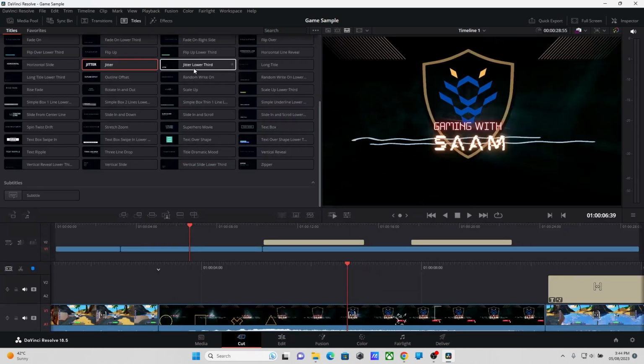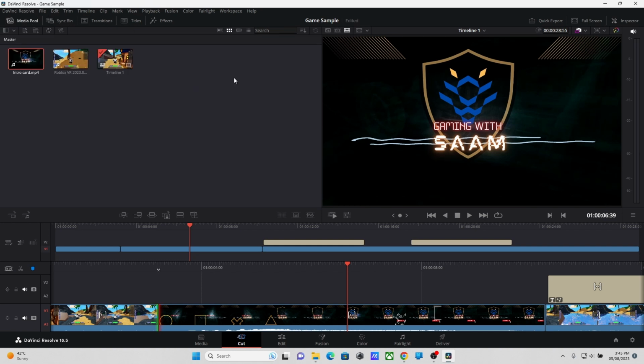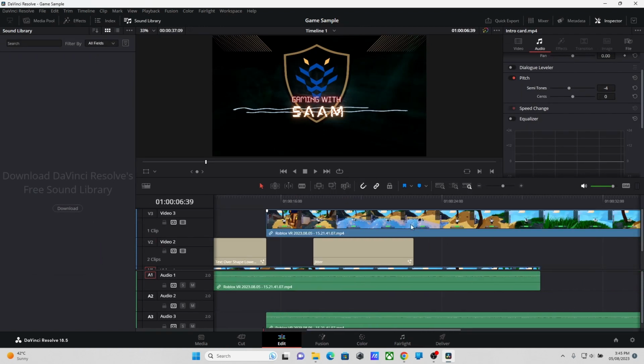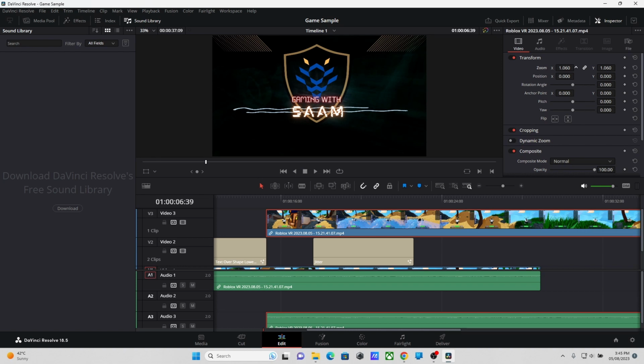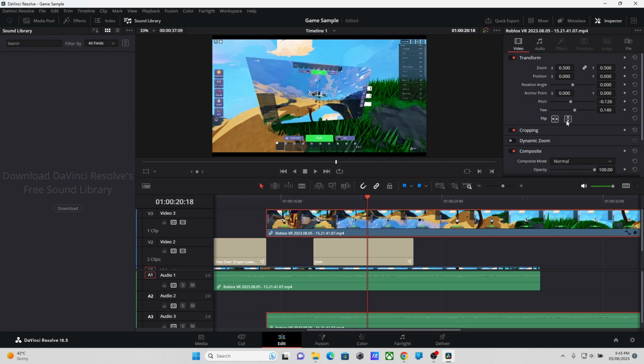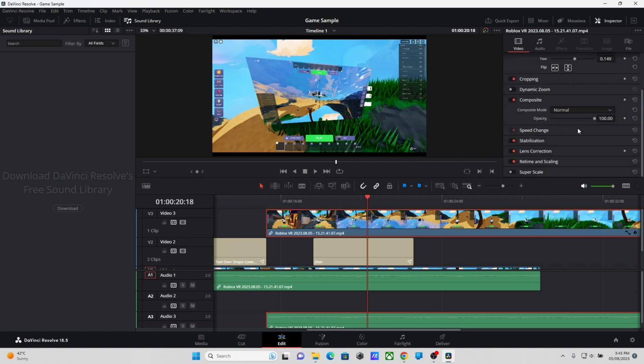And if you want to add more videos like in a short clip situation, you can do that. Go to the media pool, add another timeline area. So I will go to edit, select that timeline video clip, and we'll make it half the zoom. So when your timeline is here, you can see the video here. You can change the angle, pitch, yaw, flip it, make it upside down, and change the location, and of course also opacity